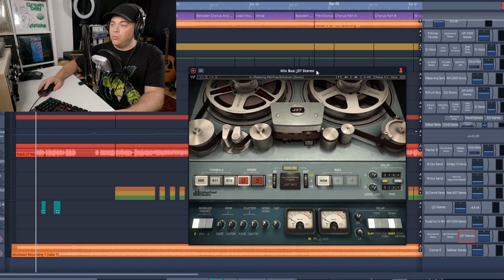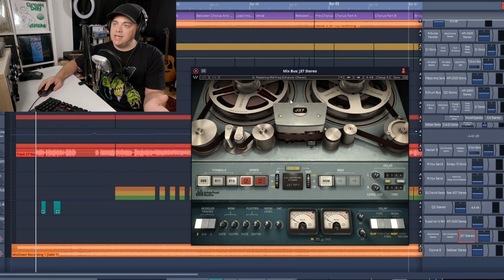All right, so we're at number 7 on the list, but like I said earlier, there are more plugins after this because they're ones I use all the time, just maybe not in every single project. But number 7 on the list is the Waves J37 tape saturation plugin. So where I use this all the time is on my Mixbus. This is a great tape saturation.